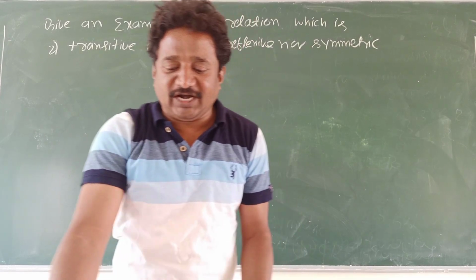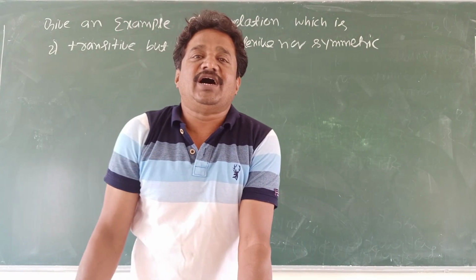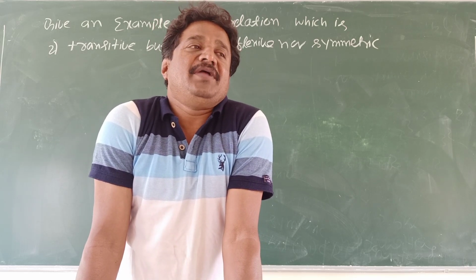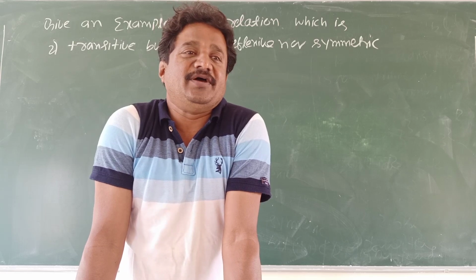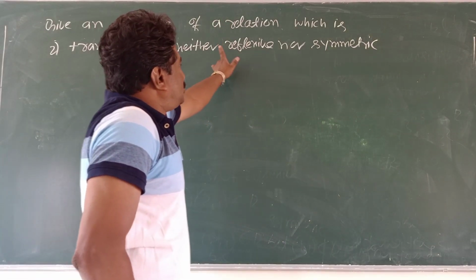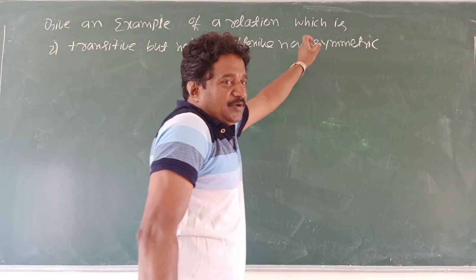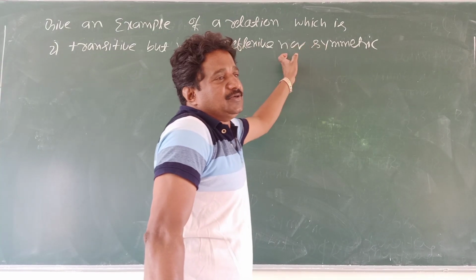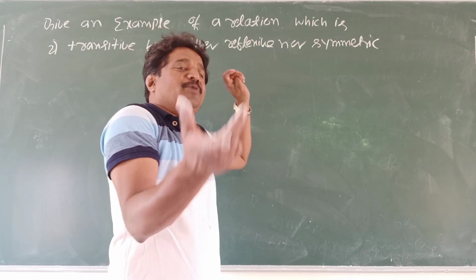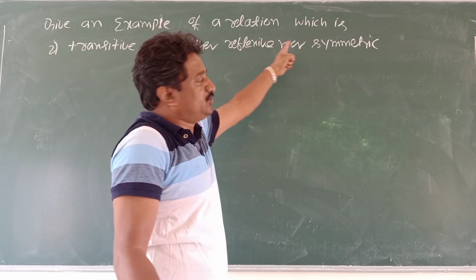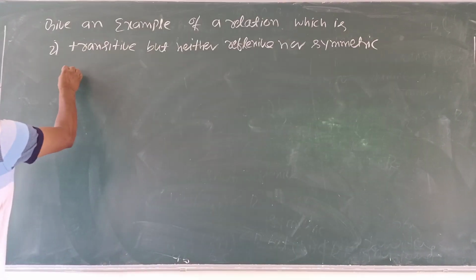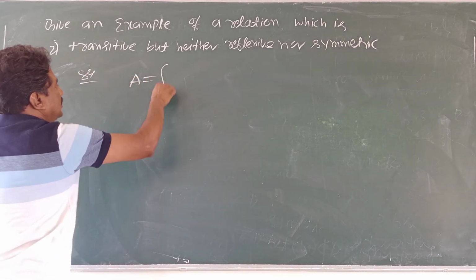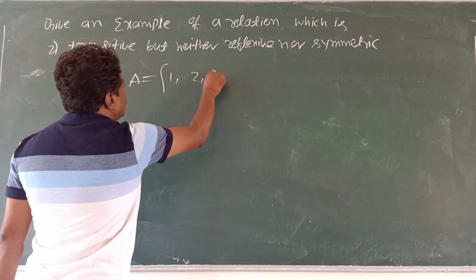The easy way of understanding this is, in the question it is asked to write a transitive relation. Just simply write a transitive relation. It is enough. You need not crush your brains for the other two. You write the required relation. That given example automatically becomes not reflexive, not symmetric. Now look at this, students. It's such an easy question. Solution. Set. You write the set. I am taking the set as 1, 2, 3.